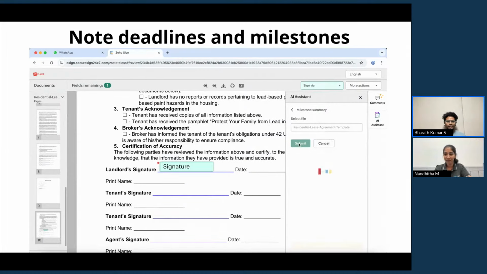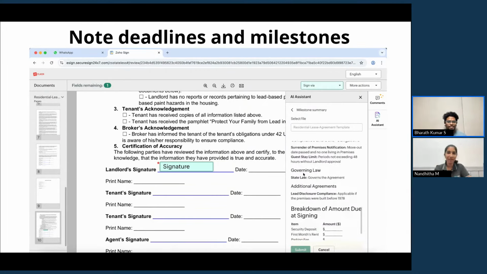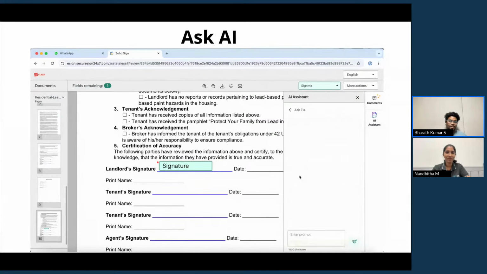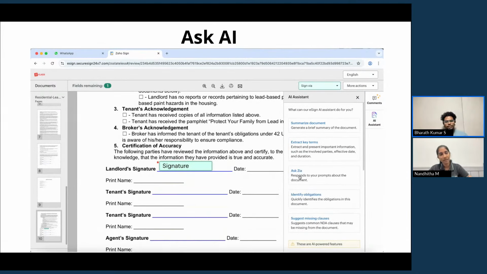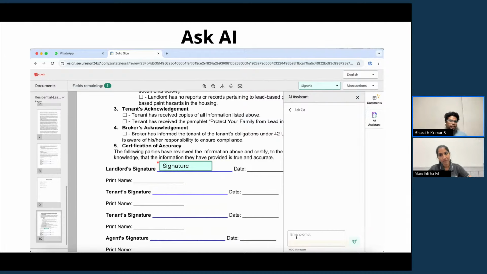So I would say my favorite is the document QA feature. What it does is, it will do everything which we have mentioned. Whatever we want, you just go to Ask AI and you just paste the question which you have in your mind. So it will read the document and pull out the data which you need. And the surprising thing over here is it is strictly bounded with the document content. The content provided by Ask AI is completely bounded to the document which the signer is going to sign. So it is really helpful.